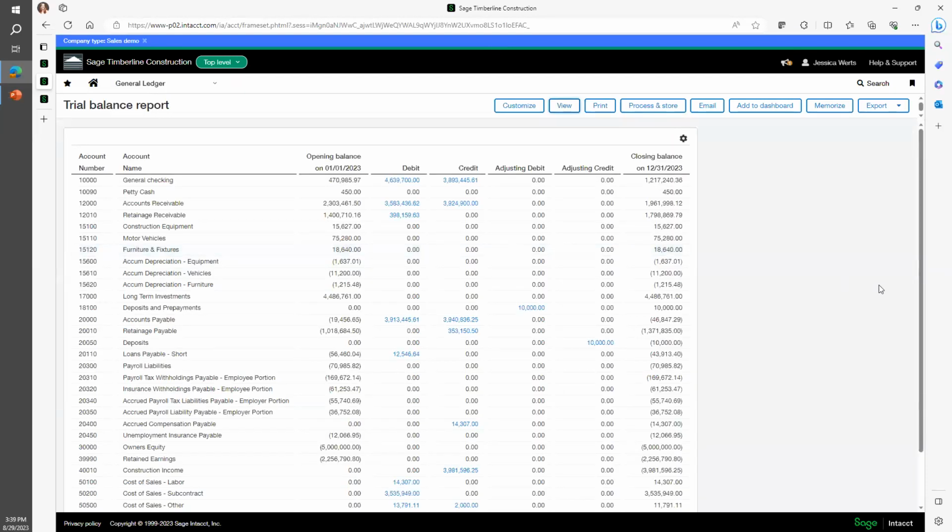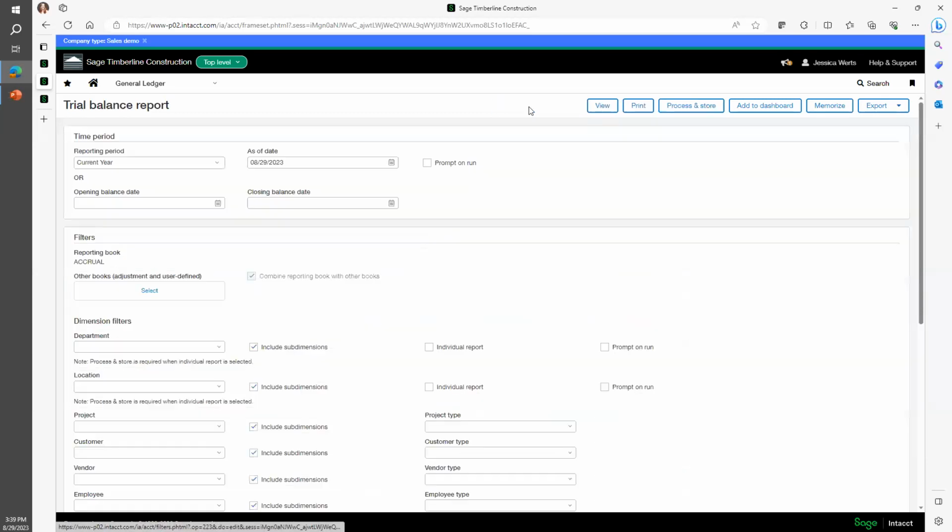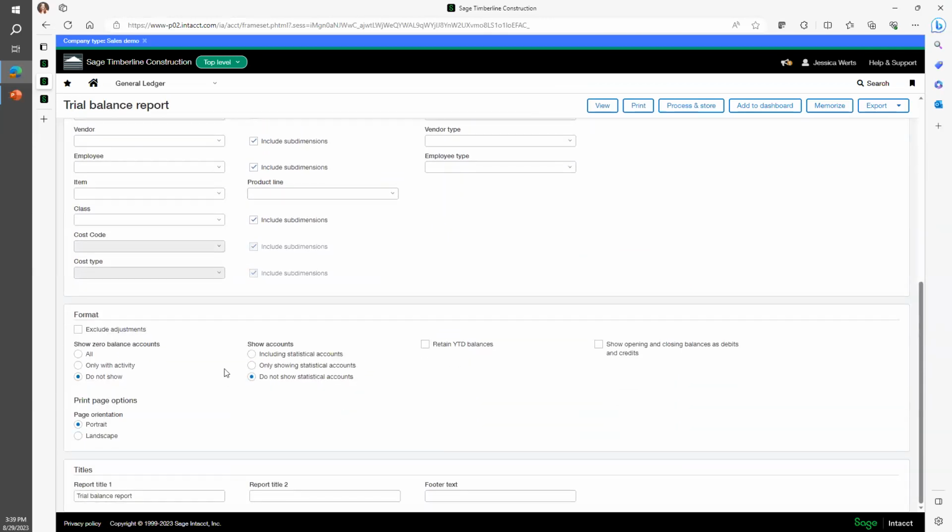So you notice in the adjusting debit and credit column, there is a transaction there that is also reflected in the closing balance. So if we remember account 18,100 and the account 20,050, let's go ahead and customize this report. And if we'll scroll down to the format section, let's go ahead and exclude the adjustments. Now, if you wouldn't mind selecting view one more time,